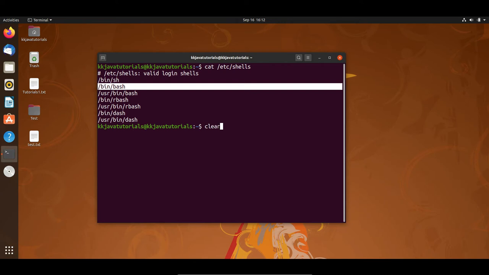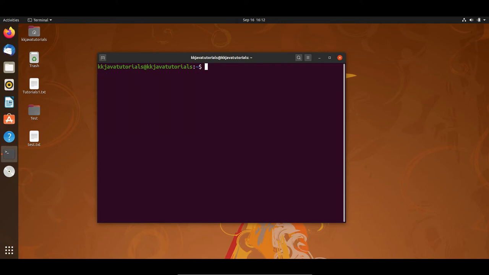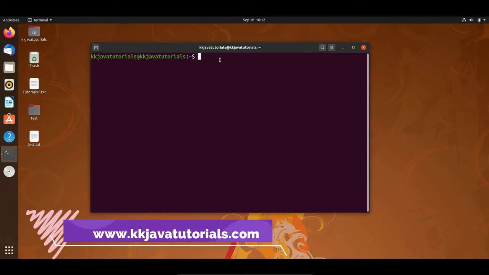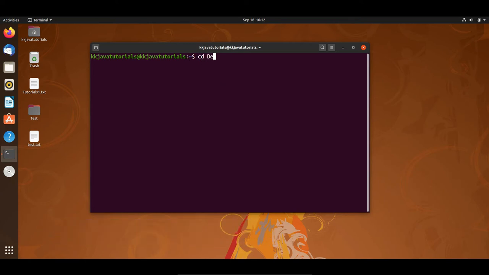Now let's move ahead and see how we can create our very first shell script. I'm going to clear my terminal. To create a file to write a shell script, you can use any editor, either the vi editor or whatever your favorite editor is, but here I'm going to show you very basic steps. We can use the touch command, as you know, using which I can create any kind of file. Here I'm in my home directory, I'm going to move to the desktop and create a file there to write the shell script. I'm going to use the touch command, and the file name I'm going to give is hello.sh.